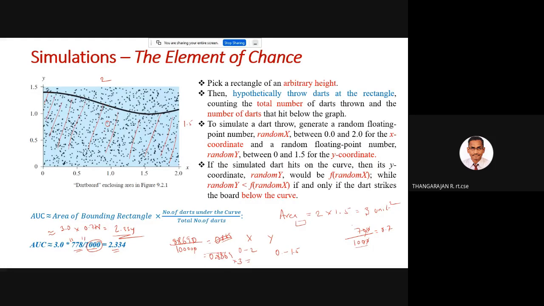Now this has more accuracy, because here you see it was 0.778, but here it is 0.88. So there is better accuracy, and the area under the curve will be more accurate. That means when you involve an element of chance, or involve probability, the more number of exercises you do, the better the accuracy of your results. That's the main thing about statistics.